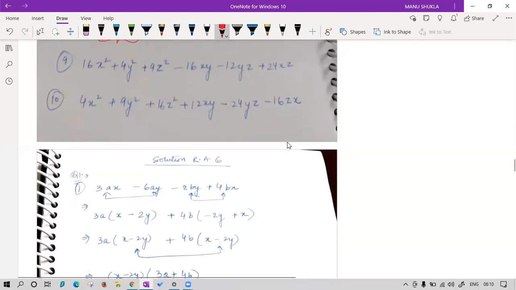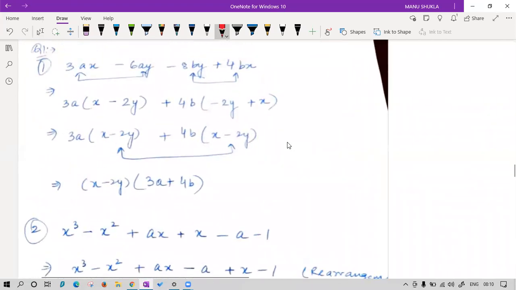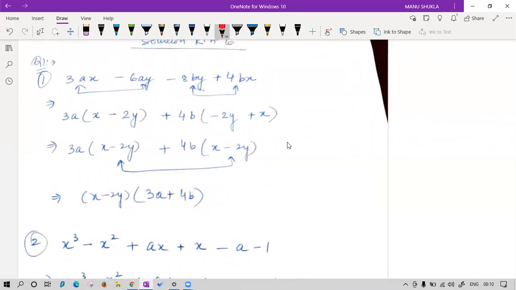Sir, I took LCM. Okay, let's see. The first one is very simple. You just have to use the method of regrouping. So we made a group of these two, took common, and got the answer. I don't think we need to waste any time on this question because it must be clear to everyone. Still, if anyone wants to understand, I can explain. Just type P or R so that I can move to question number 2.